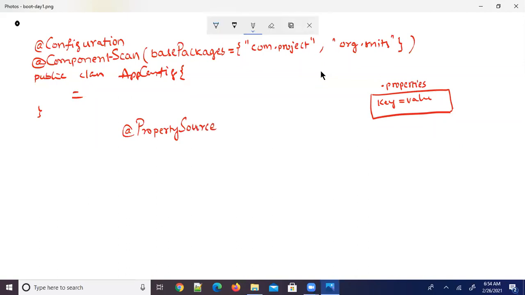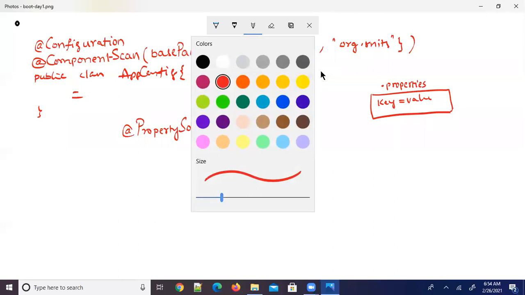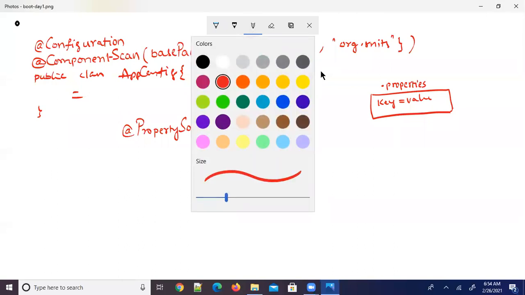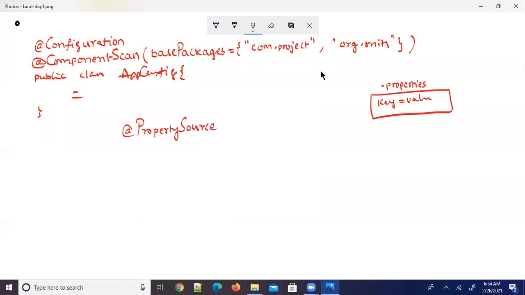I repeat, the annotation name is what? @PropertySource. This annotation we also add at the class level only.